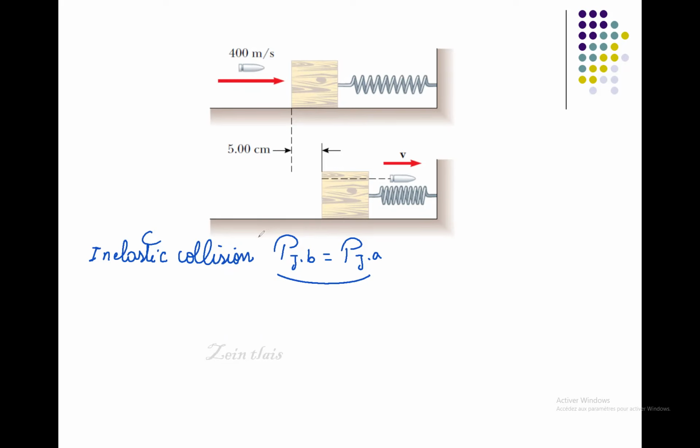Let me apply it. Just before, we have this system. We have only M1 with V equals 400 m/s, plus M2, which has no velocity, so we can say M2 times 0. This is the initial P just before. Just after, what do we have? We have, at this position,